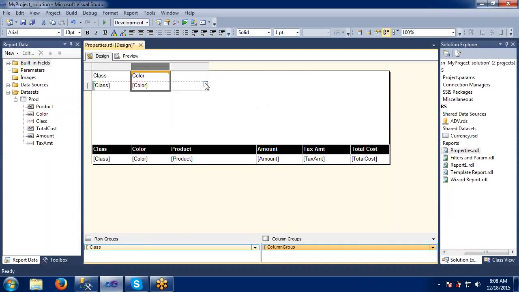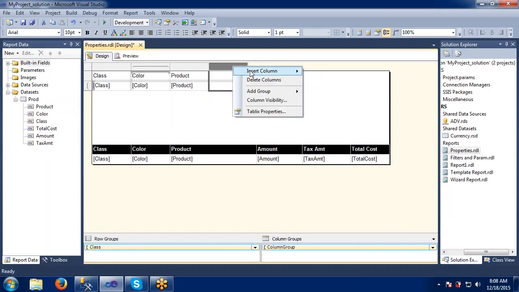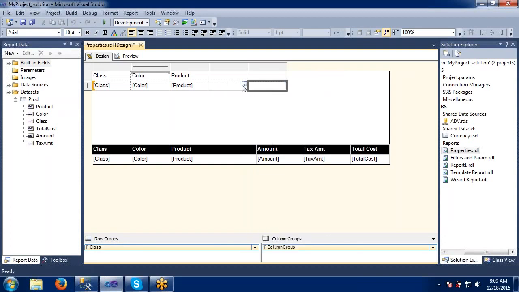We have already discussed these options, right? So here I would like to give some column names, right? So I'm just giving some total cost and some tax amount like this.